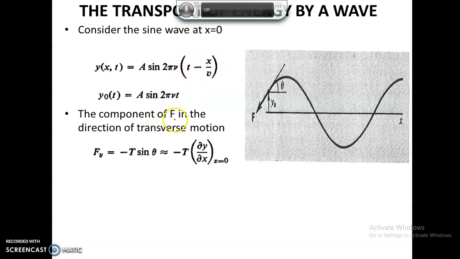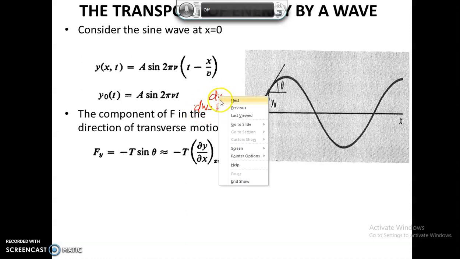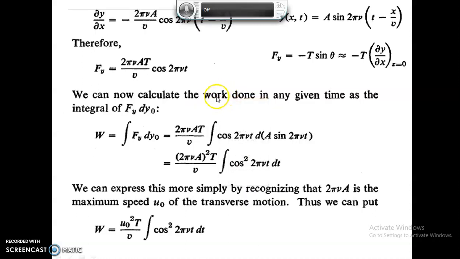The component of force, because we are interested in evaluating the work done, work is equal to force into displacement. If you are evaluating a small work done by the wave upon making a displacement through an extremely small distance, say dy0,